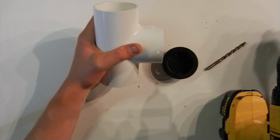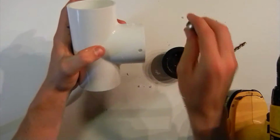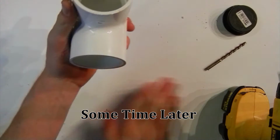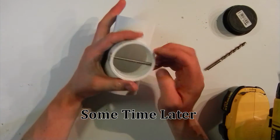Just check it periodically with your bolt and see how you're coming with it. Just keep working on it. It will eventually just slide in perfectly. And there you guys go. You can see that it fits perfectly well in now. The bolt is very snug in there,